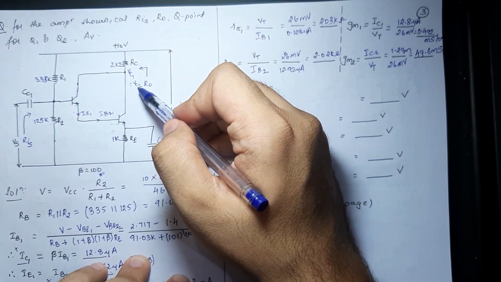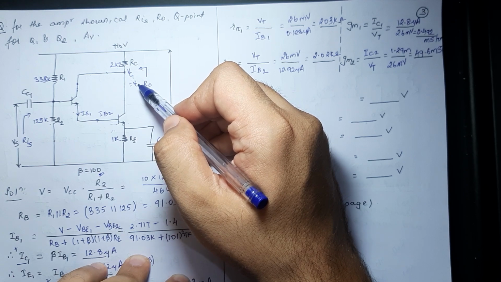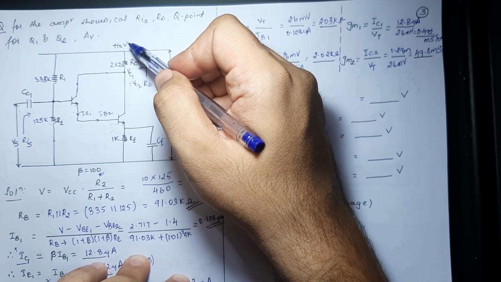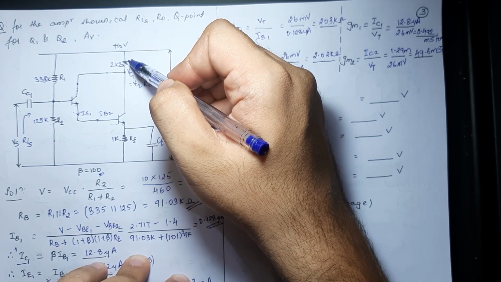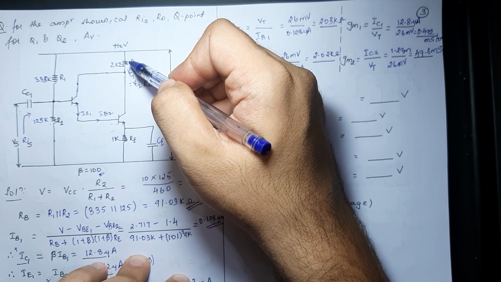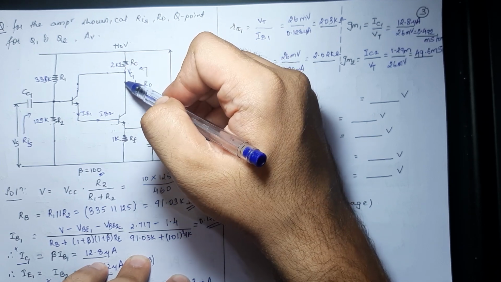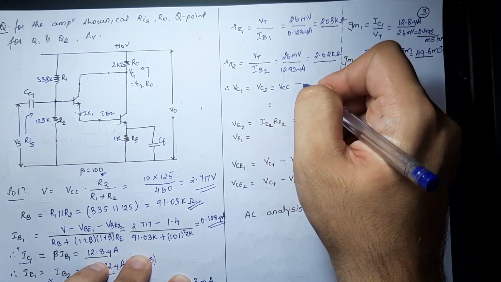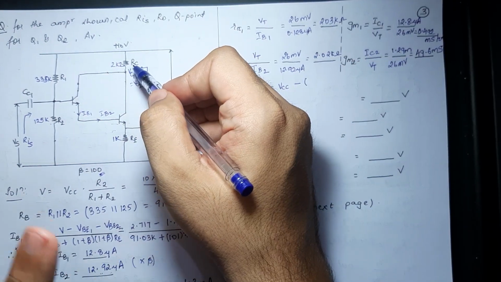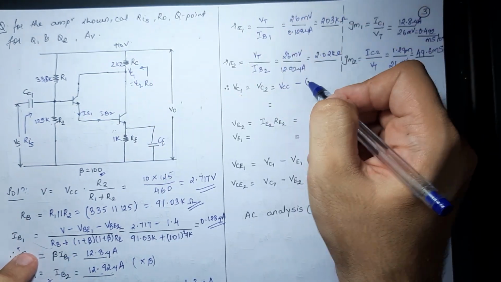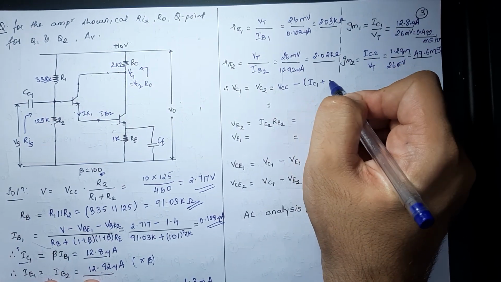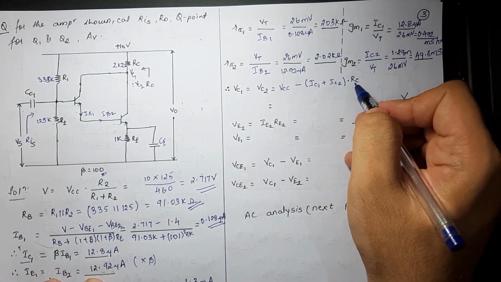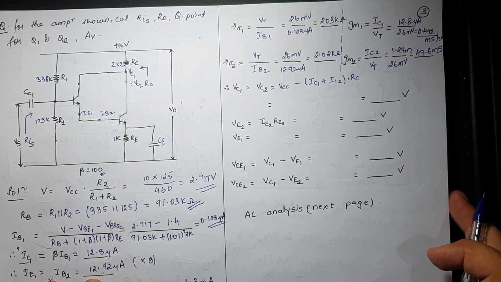Now, in other words, if I wanted to find out the value of VC, how would I find it out? It would be simple, by applying a KVL over here. It would be VCC minus ICRC. But the current flowing over here is not simply IC1, it is also IC2. Hence the formula would be VCC minus, since this resistor is having two currents, IC1 and IC2, I'll be writing (IC1 plus IC2) into RC. I haven't written RC1 and RC2 because we have a single RC connection over here.